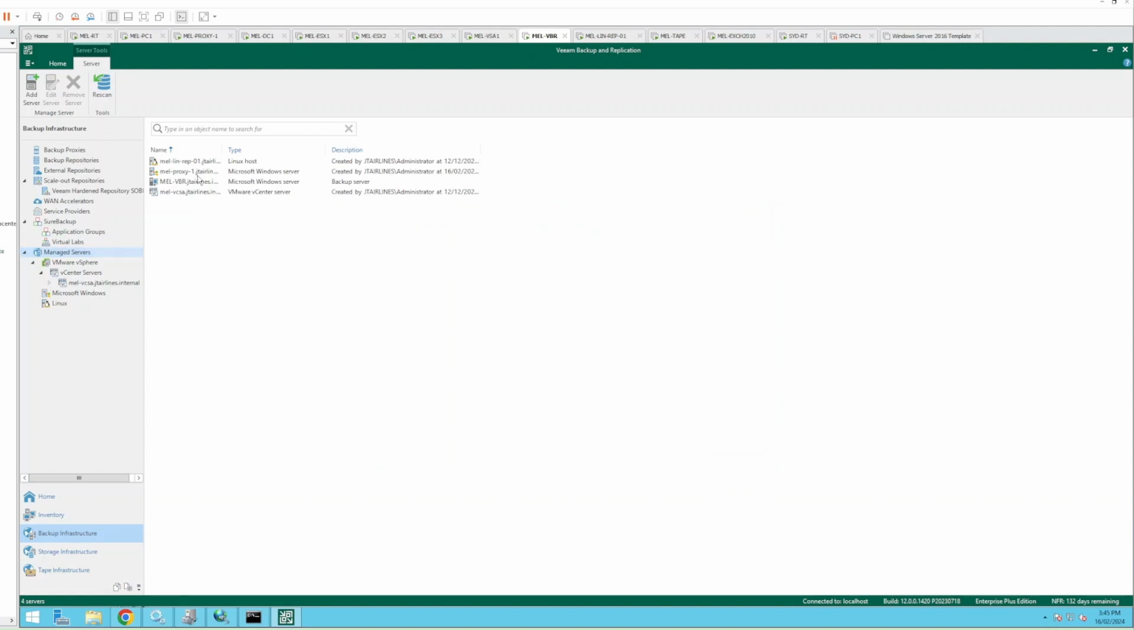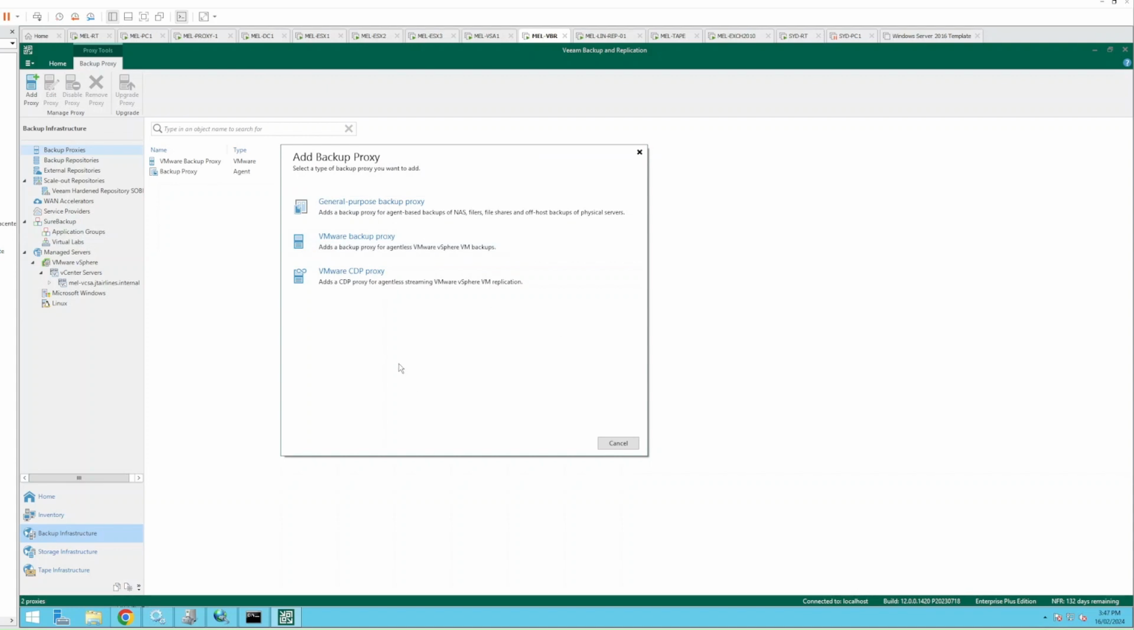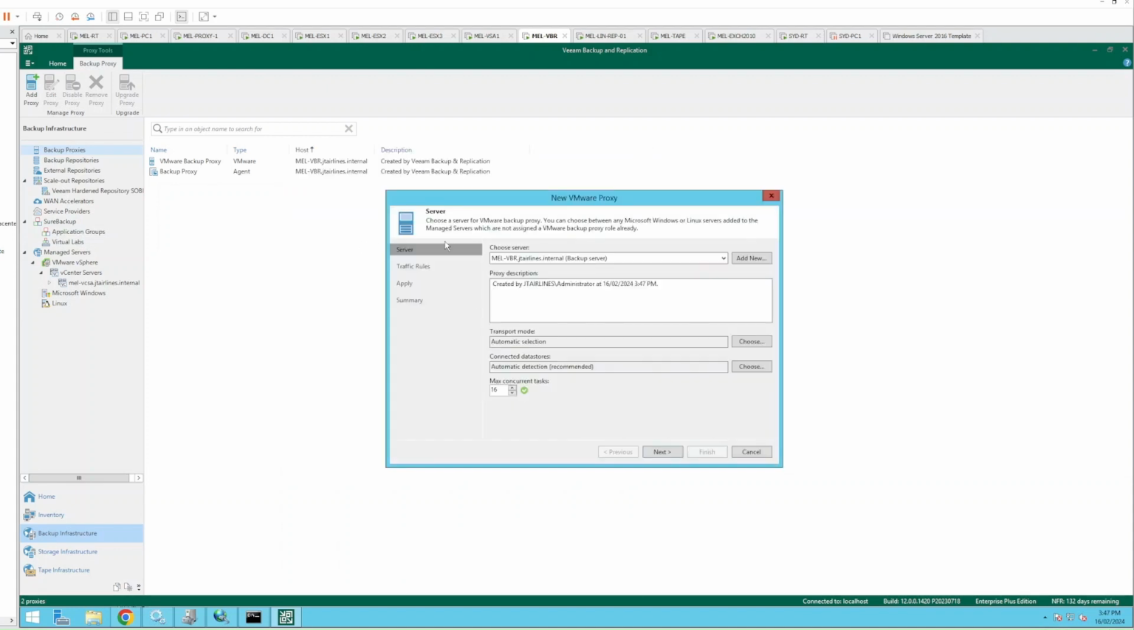And now we see mel-proxy-1 as a backup infrastructure managed server, but it's not really serving any purpose right now. So let's go to our backup proxies. Here we can see we've got mel-VBR, which is the VBR server itself, acting as a proxy server. It's acting as an agent-based proxy server and a VMware-based proxy server. We're going to add another VMware proxy server. So we'll select VMware backup proxy, and now it's telling us which server is going to be the proxy. So now we'll see